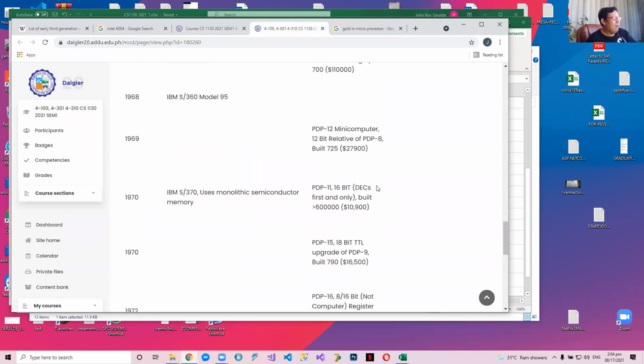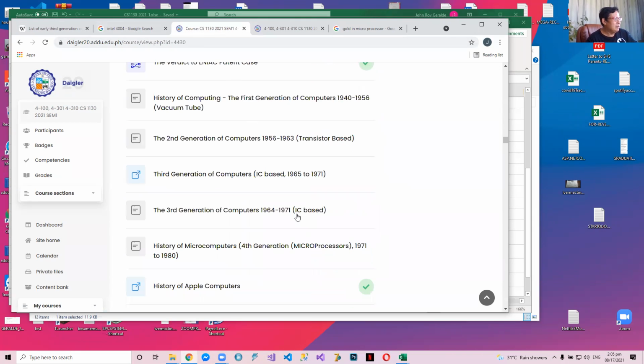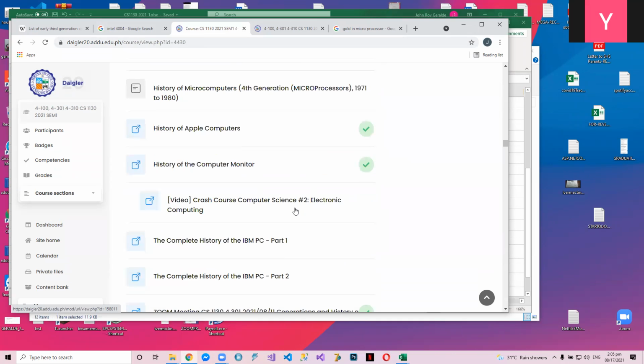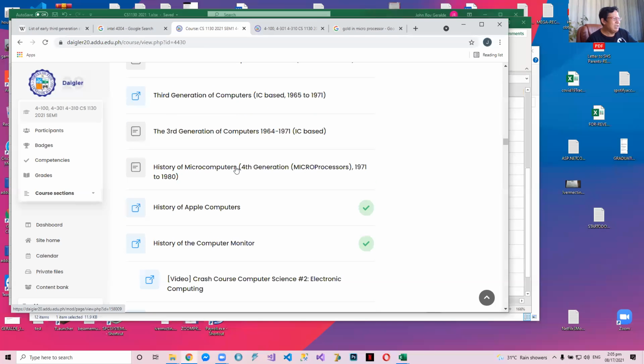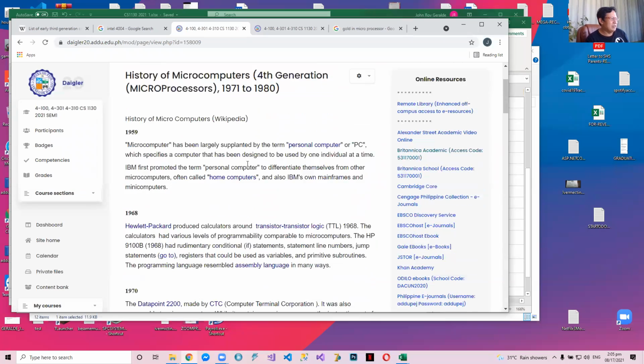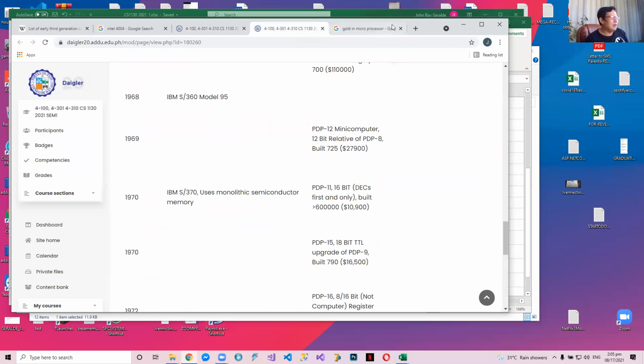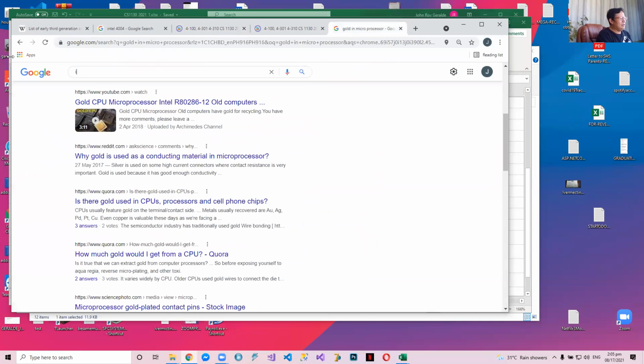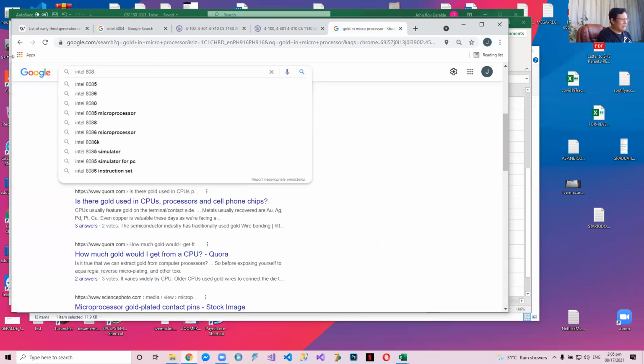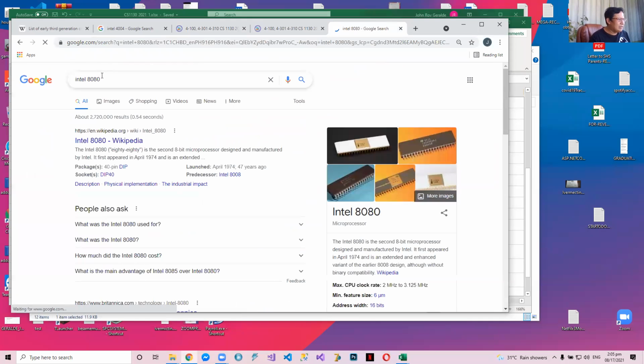Do you follow? Because the next generation is the generation of microcomputers, okay, from 1971 to 1980. Now, the later versions are very large scale integrated circuit. Large scale kasi a microprocessor is a large scale integrated circuit. Do you follow? What's the distinction? A microprocessor has everything. No? Let's look at the Intel 8080. This is a microprocessor. 8085 or 8086 is a